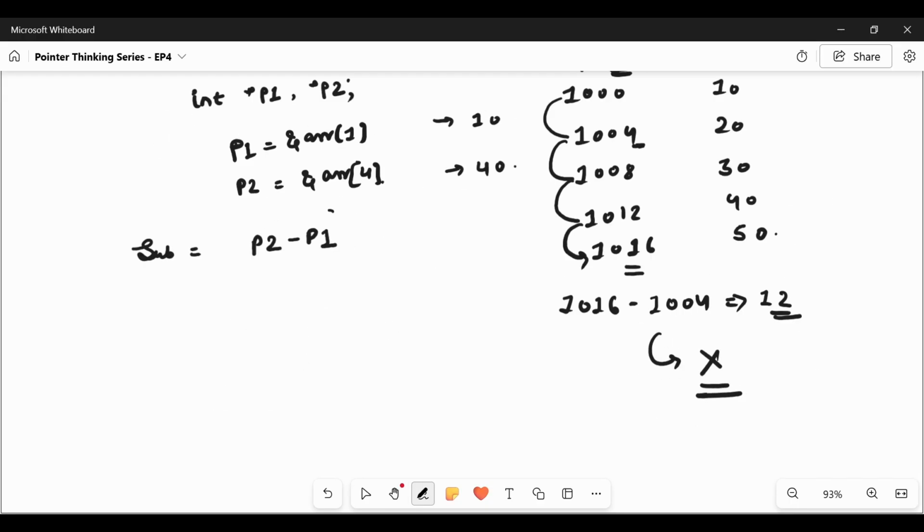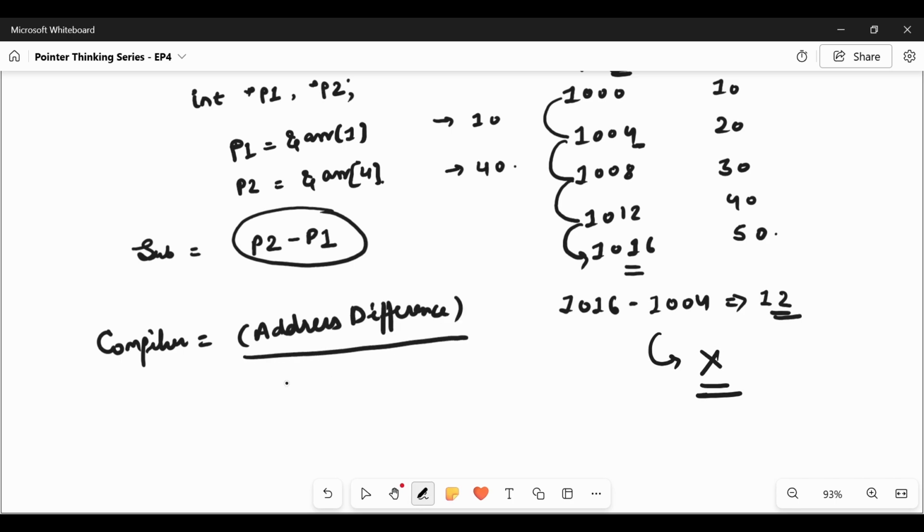When we use the subtraction operator, the compiler will do the computation. The address difference, that is in our case 12 bytes, is divided by the size of the object, the size of the data type. So what is the address difference? This is array of 0, array of 1, so the first is this and the array of fourth: 0, this is 1, 2, 3, 4, 16.